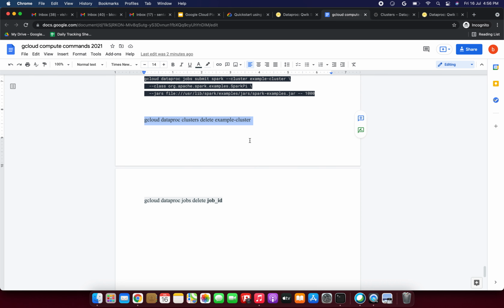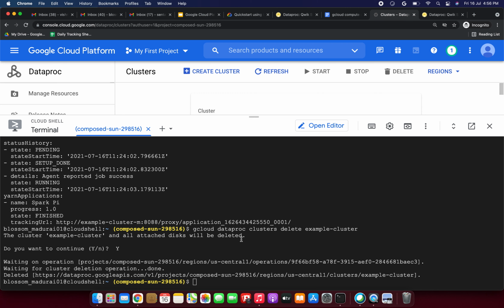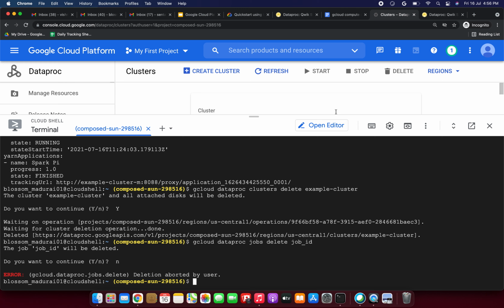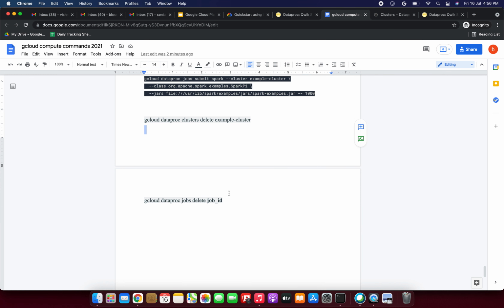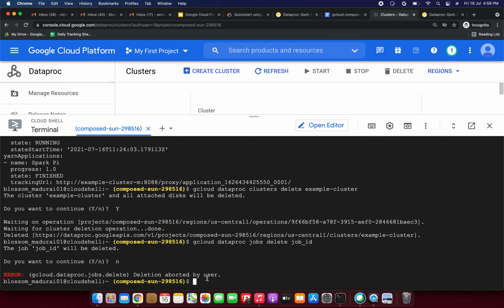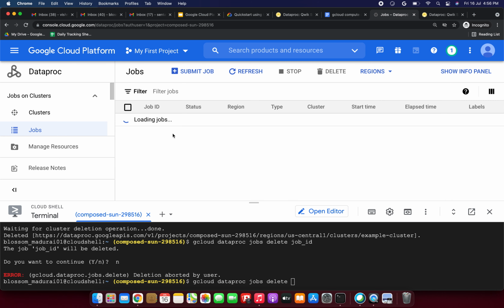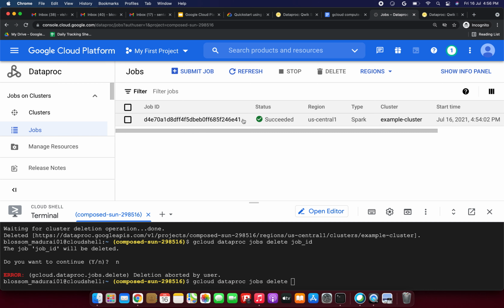Okay, fine. Next we need to delete the jobs also. Actually, we have to replace the command with the job ID. So go and select our job here to get the job ID. After deleting this, we need to delete the Cloud Storage bucket also, friends.